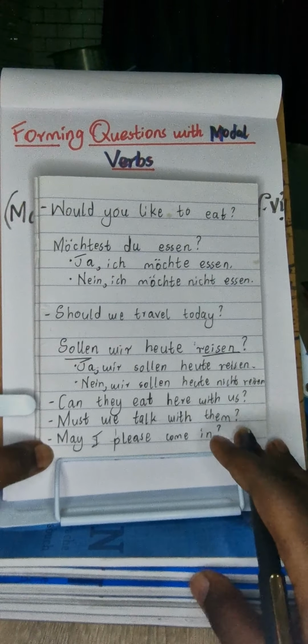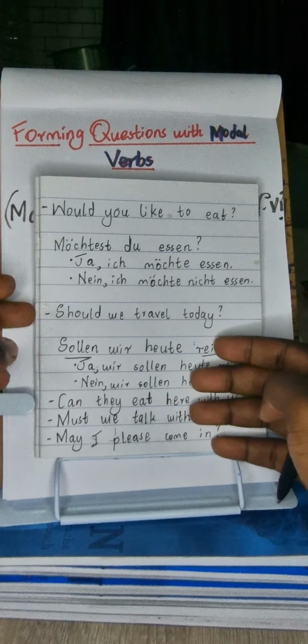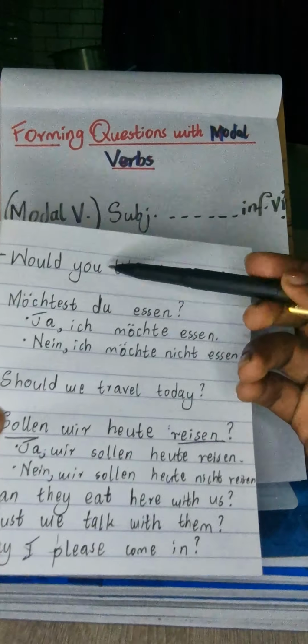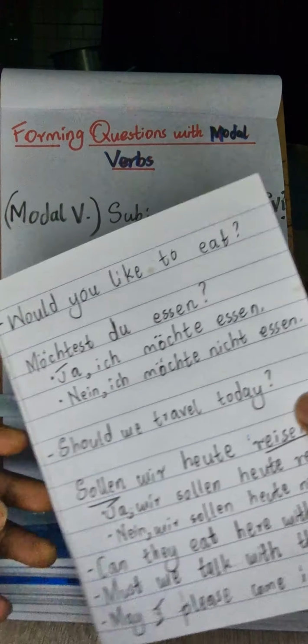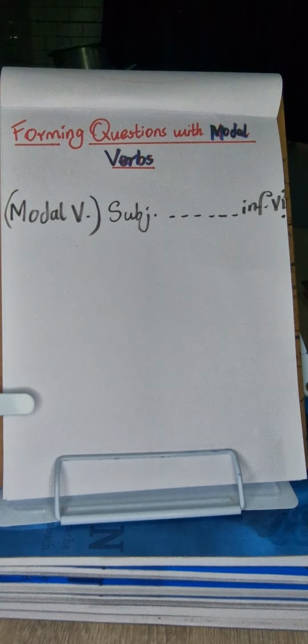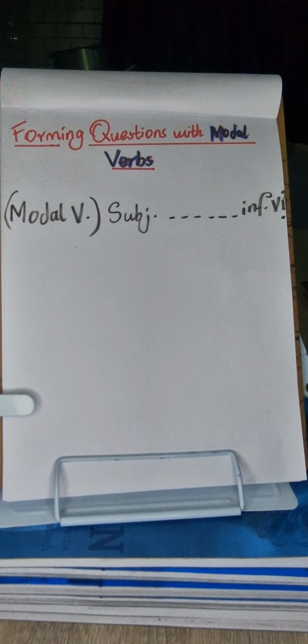So these are the ones I'd like you to try. Remember, as you'll be trying them, please check on the word order. Modal verb, subject, and then at the end is when you put the infinitive verb, all right? So that is how we use the modal verb in terms of positioning. Well then, you go ahead and attempt that.